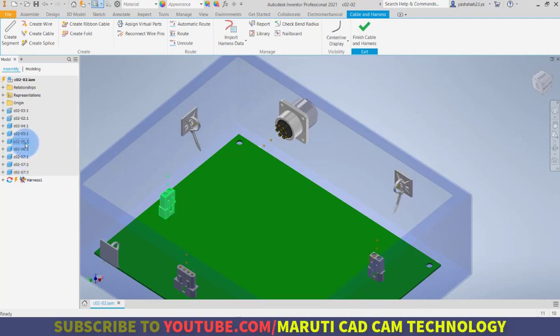Similarly, I can continue to specify the reference designator number for all of the remaining parts. Although I do have an AutoCAD Electrical schematic of the harness that I would like to create, you can also specify the reference designator number manually. After specifying the reference designator number, you have to use the wire command. Before we create the wire, we will first explore the types of wire that are available within Autodesk Inventor. First of all, I will click on the Library panel.